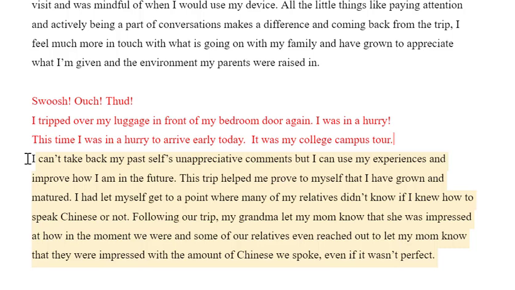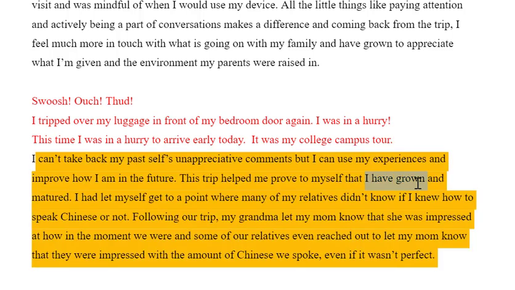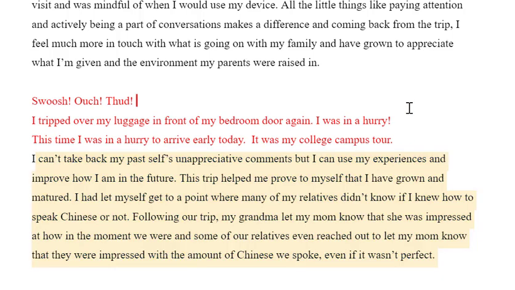But one thing that you want to stay away from is "I." You never want to tell a professor anything. You always want them to try and figure it out on their own. I take back my past. I did this. I have grown up. So I would stay away from "I" as much as possible, and then make them try and figure out that, okay, so I was a little brat when I went to Taiwan, and I didn't appreciate what was going on, and then all of the other stuff that's in the middle in your sandwich is going to lead up to